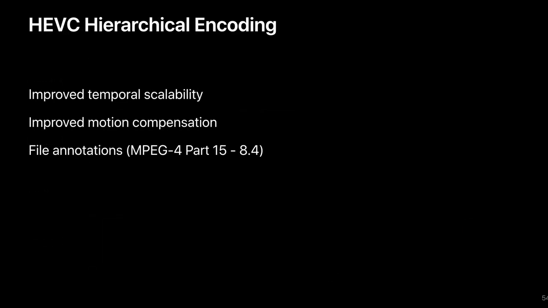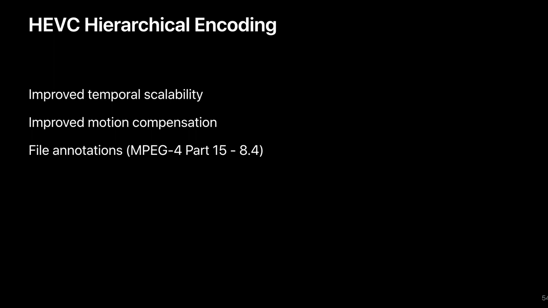Let's go over what we've learned. So with HEVC hierarchical encoding, we have improved temporal scalability. There's a much more obvious frame dropping pattern, and it removes frame drop guessing during playback. We also have improved motion compensation. The reference frames are much closer to each other, so we can reuse more parts of other frames, and